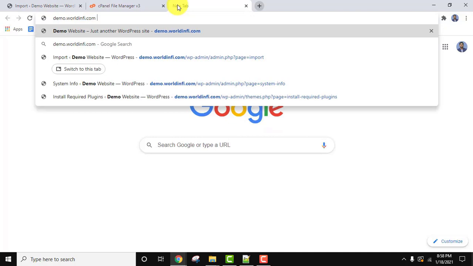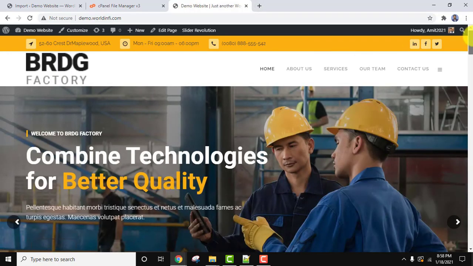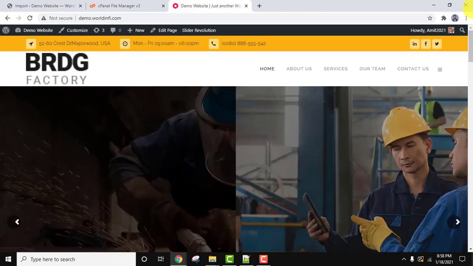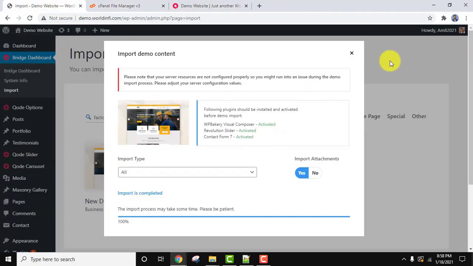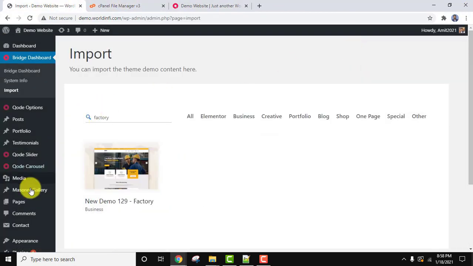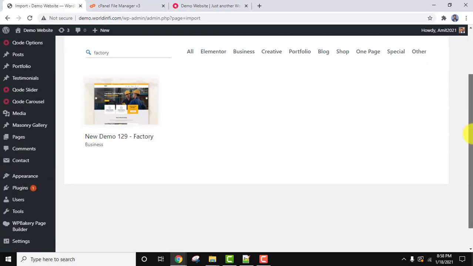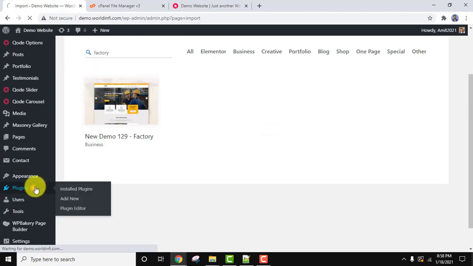Now let us open the website again. demo.worldinfo.com. Press enter. Now you can see our site will look similar to what we saw before. That means all the demo content is imported. Here it is. You can see it on our subdomain. Okay, so now click on cross. Go to plugins.